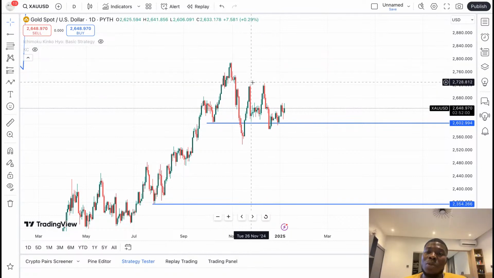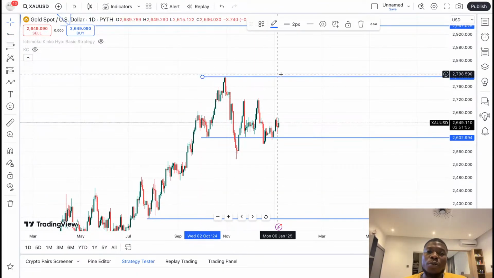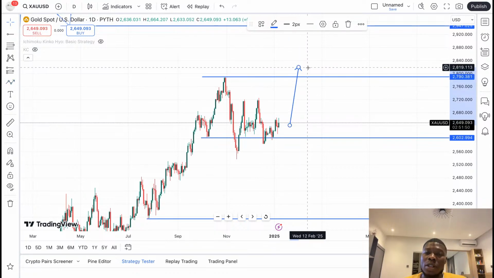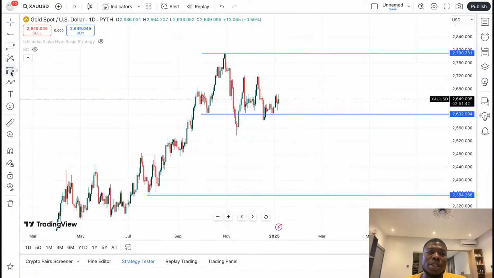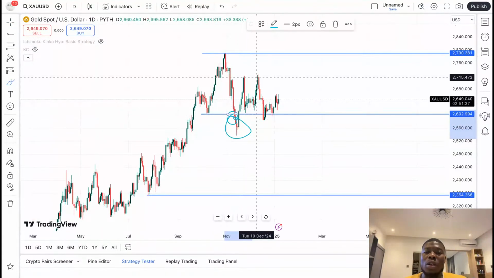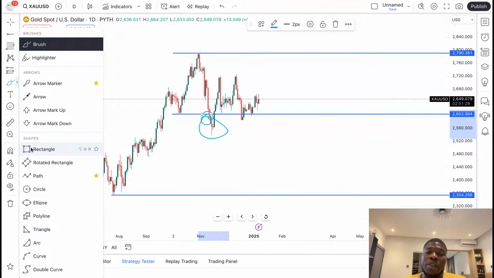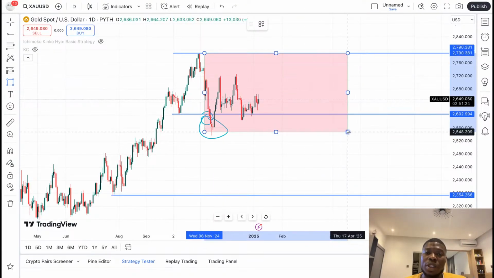Gold is no longer in an uptrend. Gold will come back in an uptrend again if it goes above this high. If it makes a higher high on this place, gold will come back to an uptrend. But as it stands now, gold is going to range. If you notice, after this movement, in this area, gold has not made any significant move. It's been running around this area. So this is to show you that gold is in ranging. So gold has this area to range.